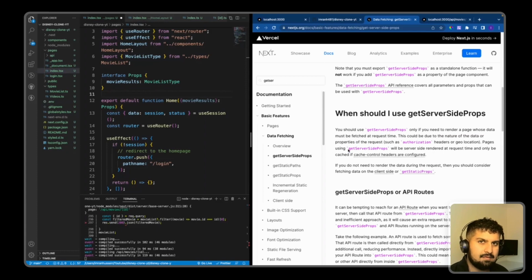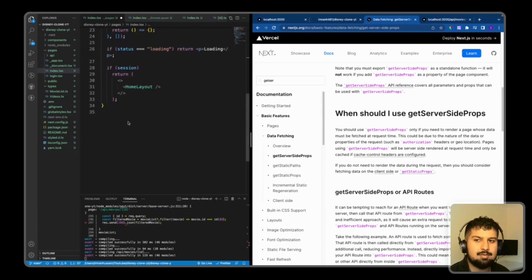Pages using getServerSideProps will be server-side rendered at request time and only be cached if cache control headers are configured. So essentially what will happen is we will fetch the data once at build time and then it will get cached. So the data will always be there unless we change the data, but in this case we won't be changing the movie data. So at the bottom of my index.tsx, I'm going to write a function called getServerSideProps, and